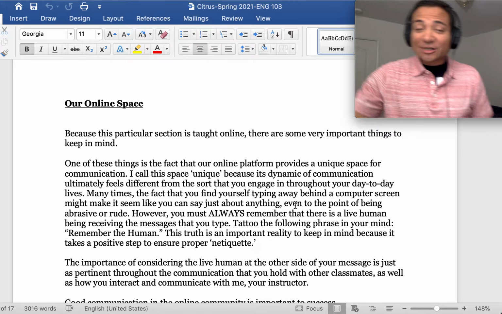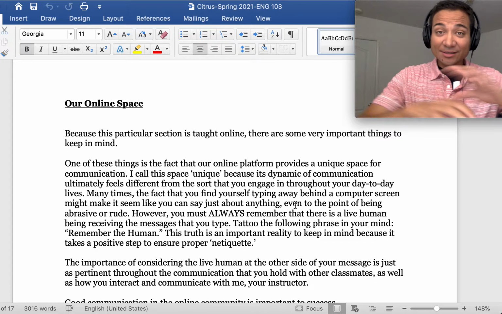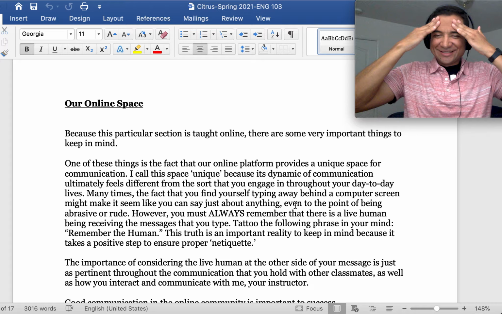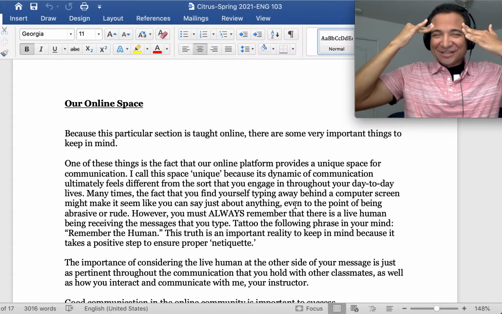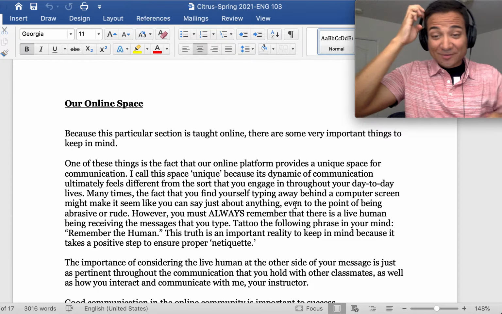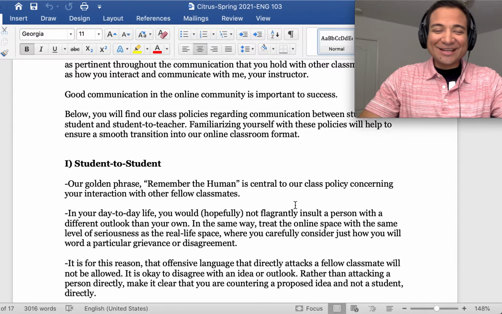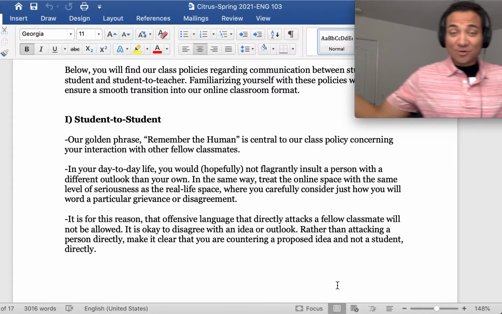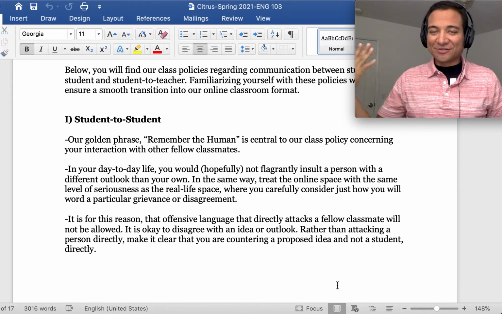there's one central slogan that you have to remember, and that is, remember the human. Tattoo that on your forehead. Not literally, but remember the human. That's going to be our golden slogan for netiquette. And that slogan, remember the human, will apply just as much from the dynamic of student to student,